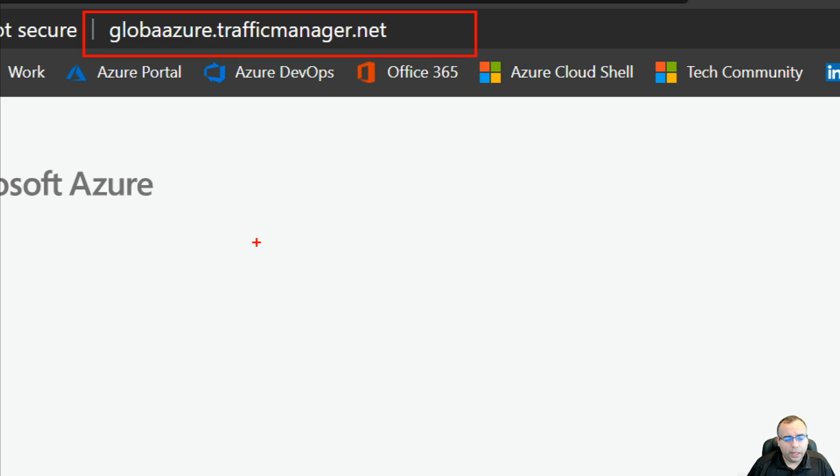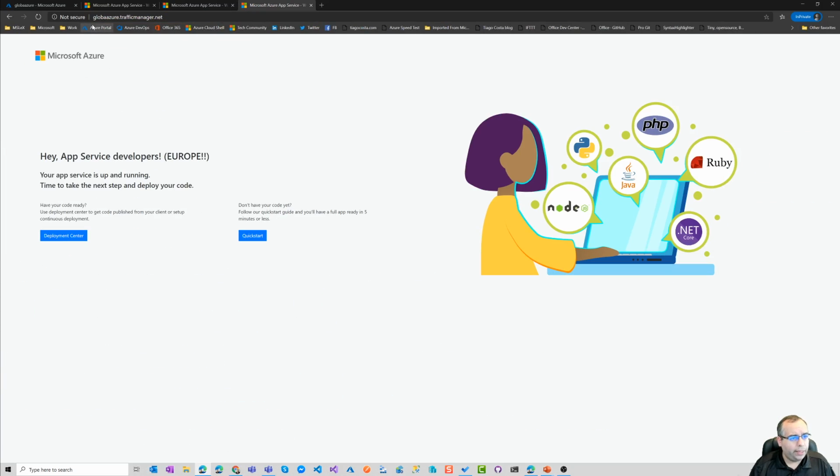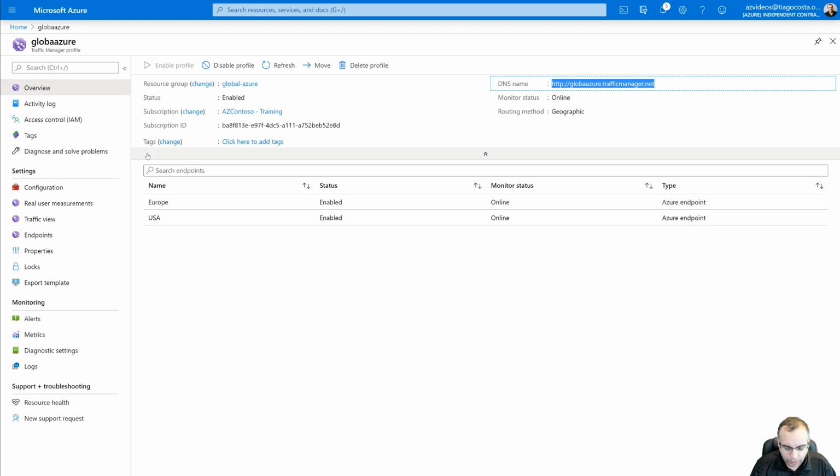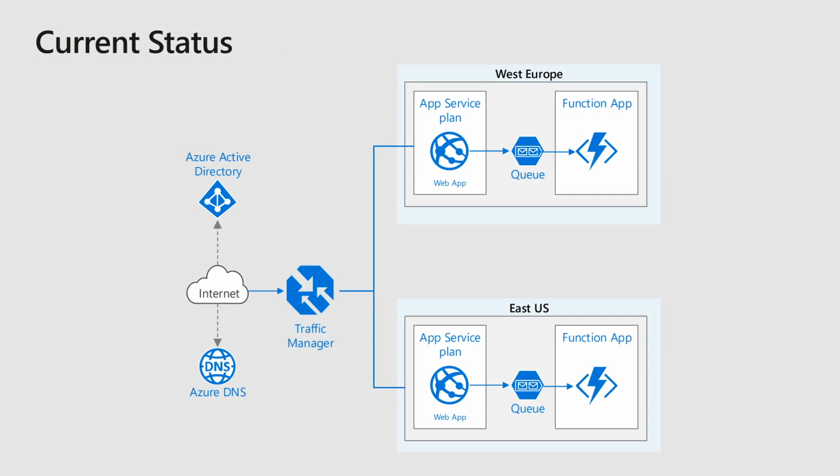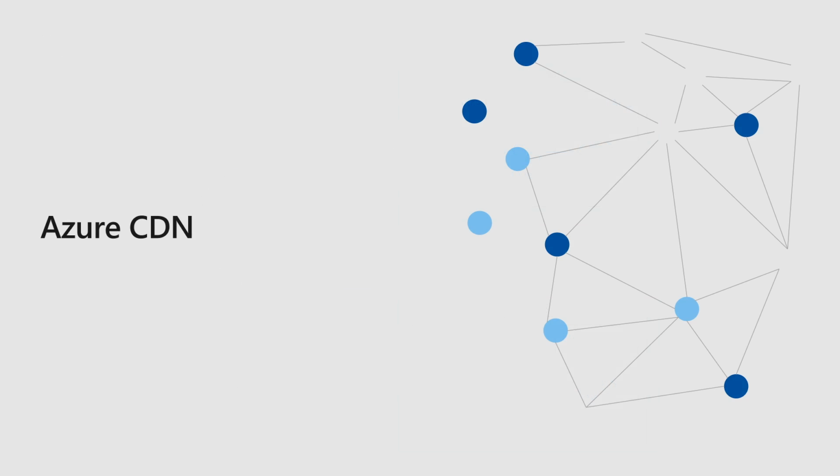And basically, we can see that it's working exactly as it was supposed to. So this is what we have, this is our current status, and everything is working quite well. I can improve this, of course, and one of the first things that I can do is use